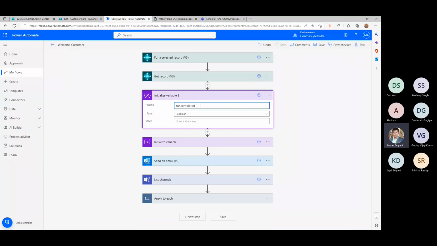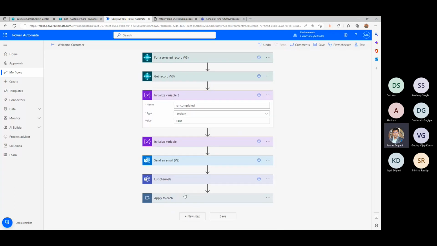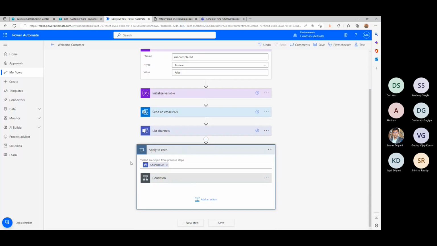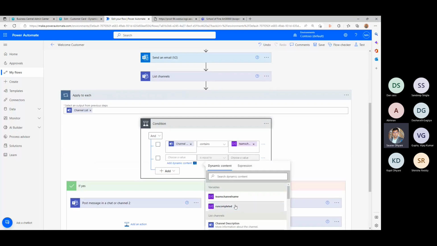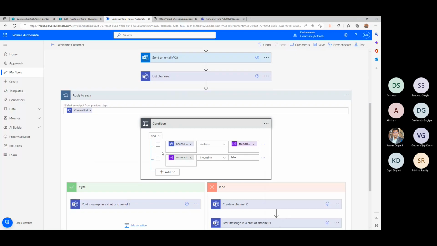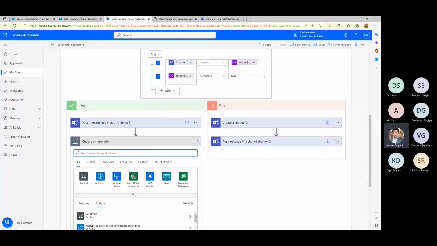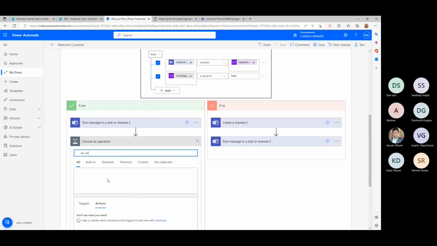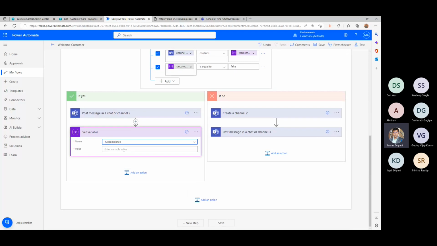Run completed. Initial value as false. Do you do that false in Boolean? I don't know. Okay, just a silly attempt at being a developer. But let's try if run completed is equal to false. Okay, do I need to check both of these? I don't know. And if run completed is true, then I add the set variable for run completed as true.